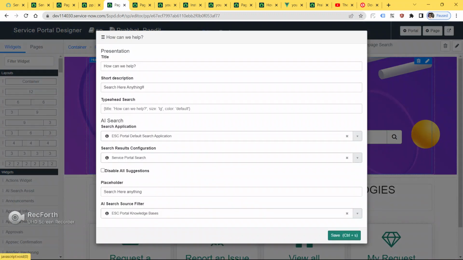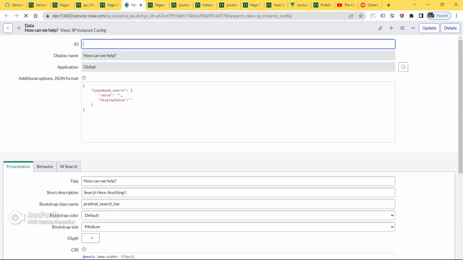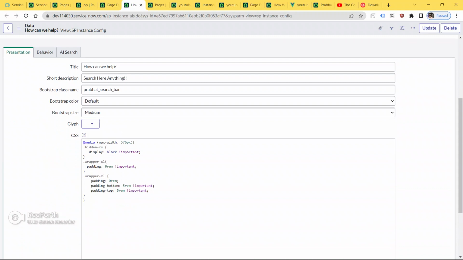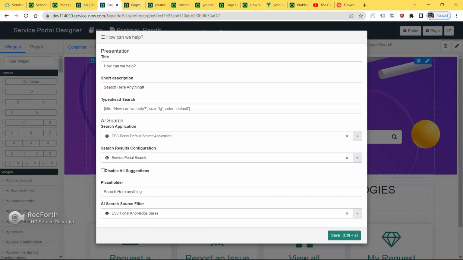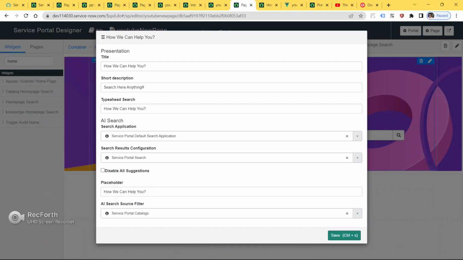Click edit. Click here also. Medium is fine.